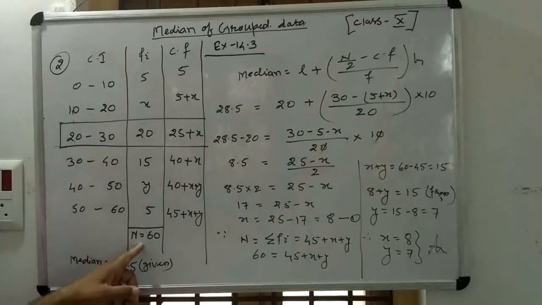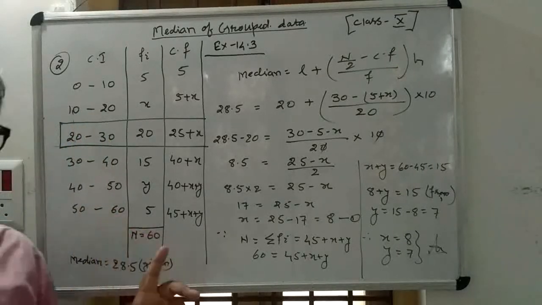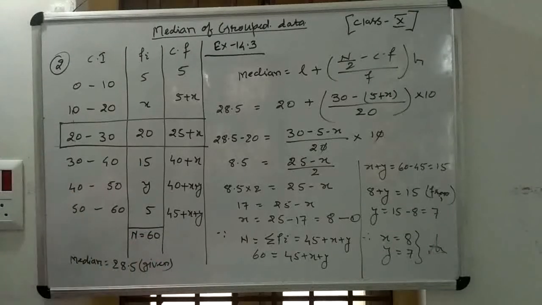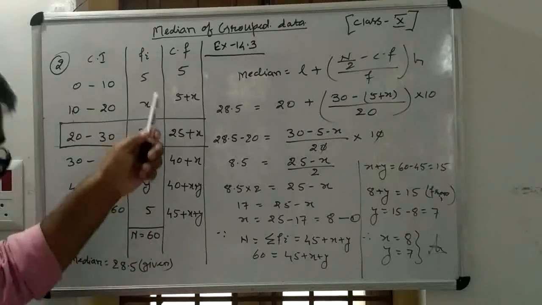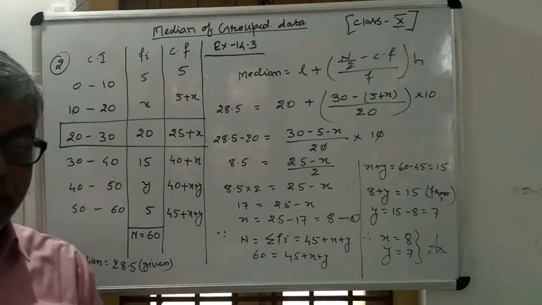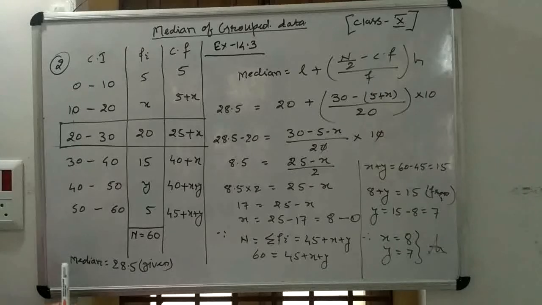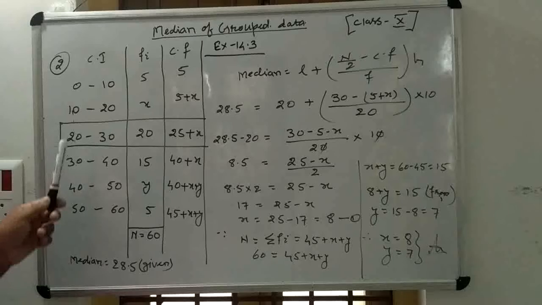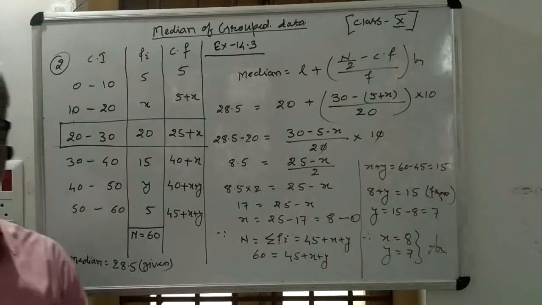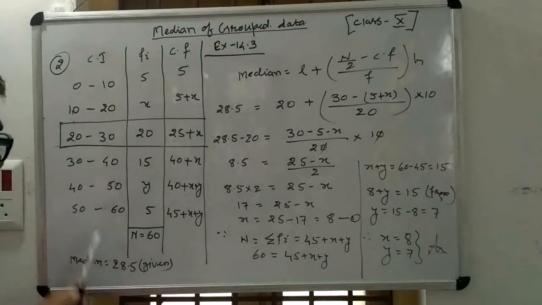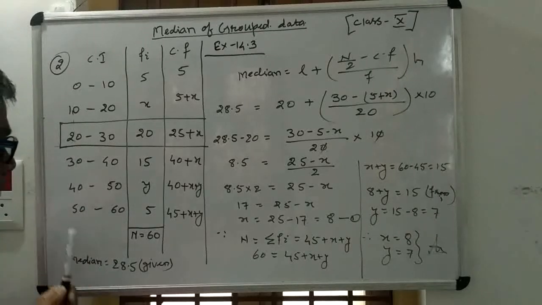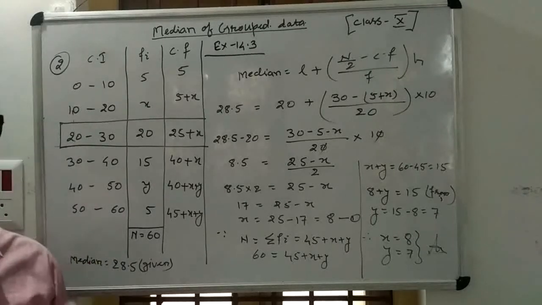And your n, which is the sum of fi, is given as 60. Now first you prepare the cumulative frequency table. You know how to prepare it, and thereafter, in the question it was given that the median equals 28.5. So when the median is given, you have to look in the class interval table and find between which two class intervals the given median